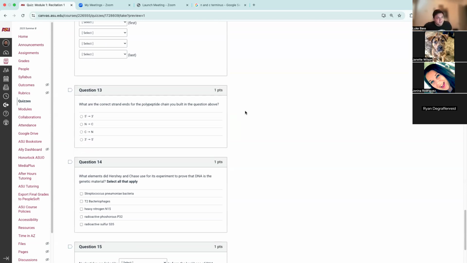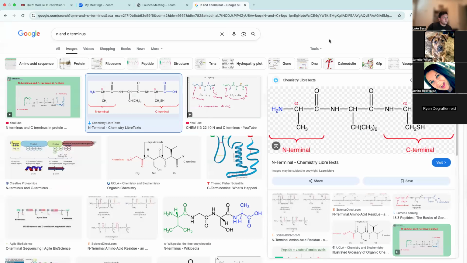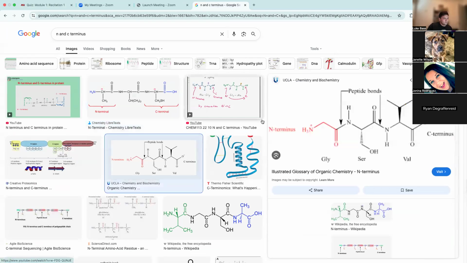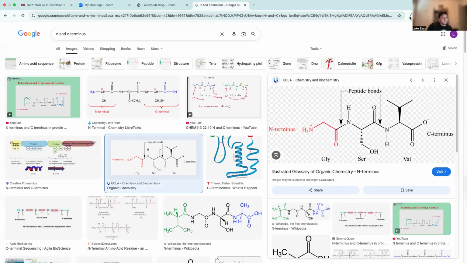There were just like 8 students here and they were all asking about it also. So maybe there is a gap somewhere, but what I was showing them was this image on Google. So here, maybe let's look at this one actually. That's kind of cool. So looking at a polypeptide chain,